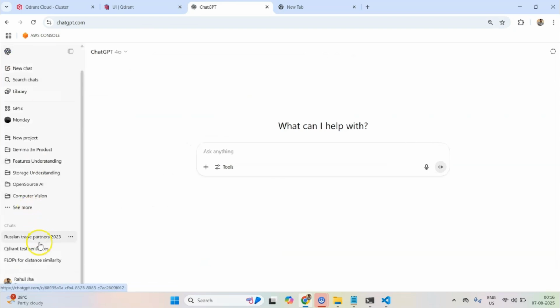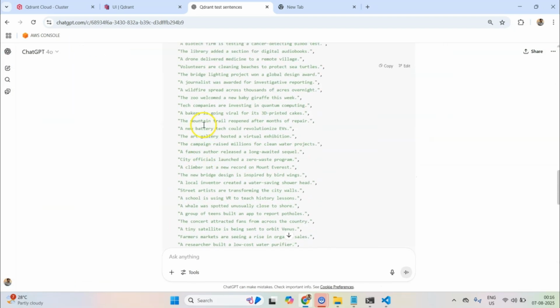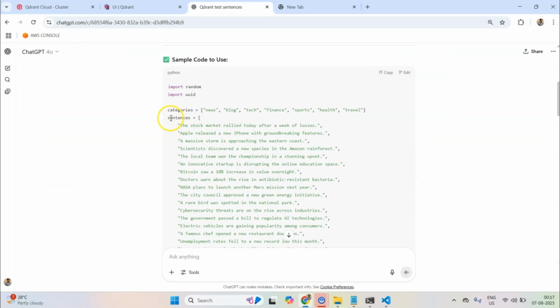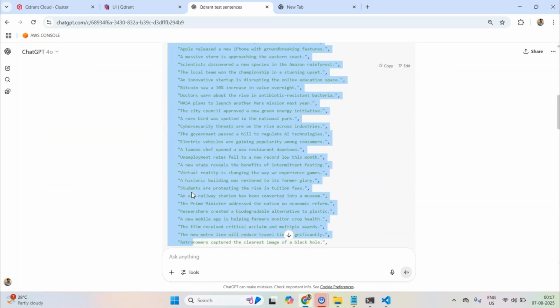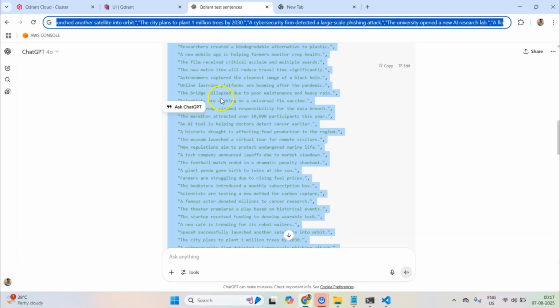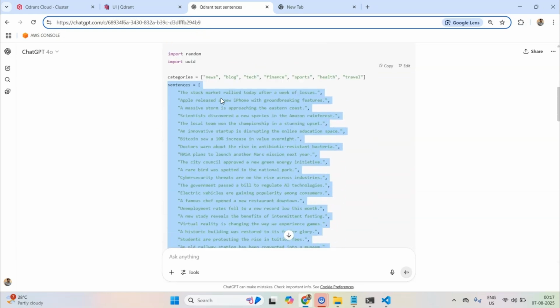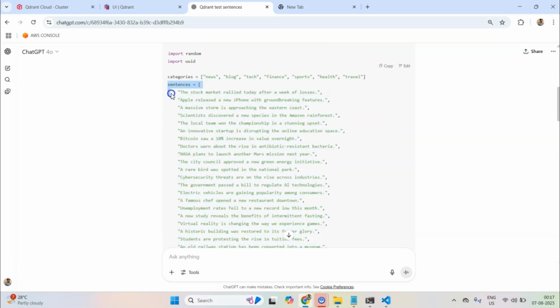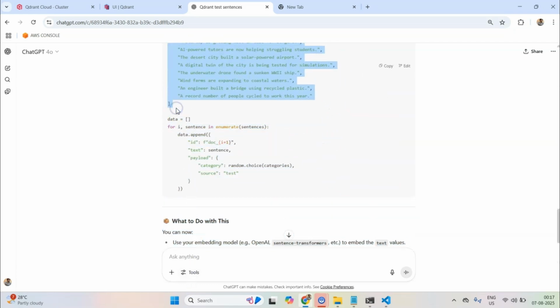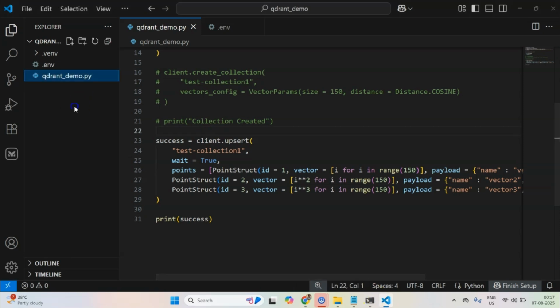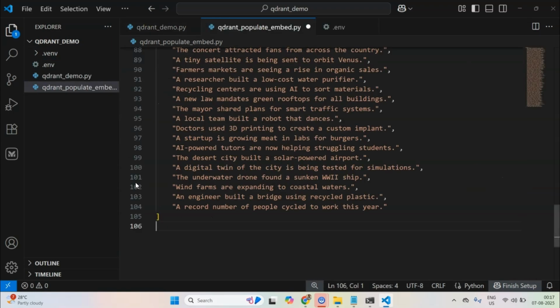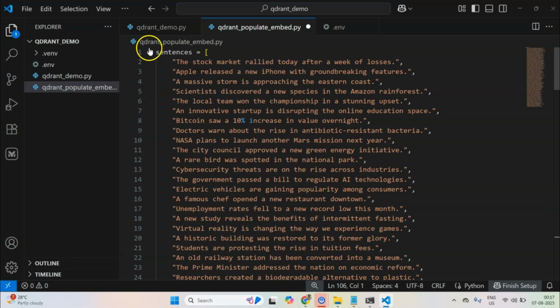Okay, you see this is the list I have created, and I'll copy this list and create a new file, which is quadrant populate embeddings.py. I'll copy the sentences here and let's minimize them.